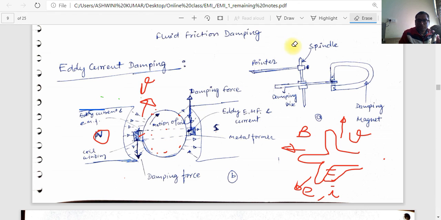We can show the current with a cross and a dot. Actually, eddy current is a wound loop. Here the wound coil, the magnetic field from north to south, the motion, so there is the induced EMF. If the coil is wound, the current flows from this side to